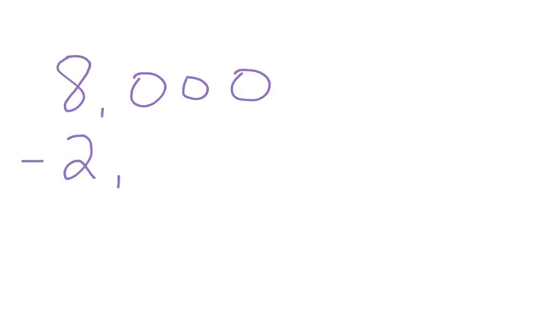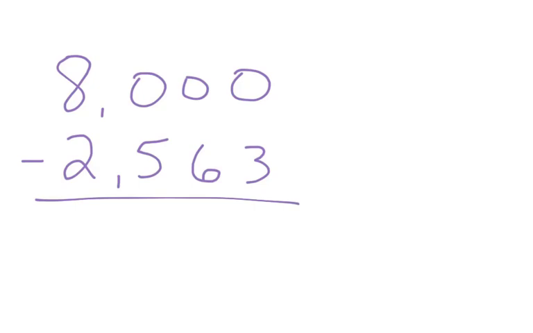Okay, so let's move on to our subtracting across zeros trick. So if we have 8,000 minus 2,563, and I'm going to use the minus 1 strategy. If I have 8,000 and I take 1 away, now I'm left with